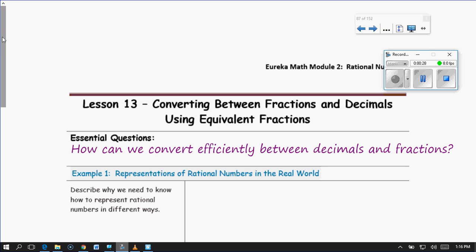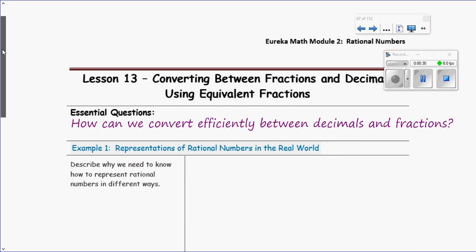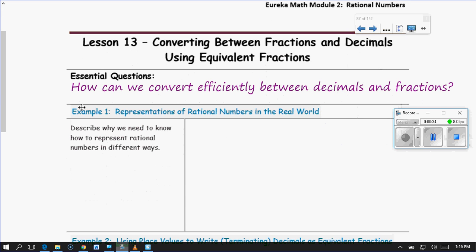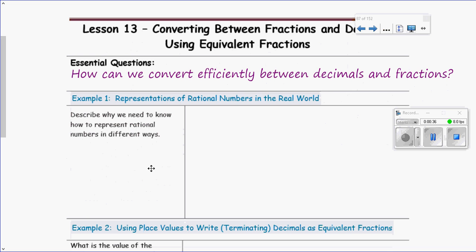So let's take this piece by piece and first start out talking about times in real life where we would use fractions and decimals. Some ways that I have talked about in class, and hopefully you're thinking of when I say decimals and fractions: we've talked about fractions and decimals with money. We can think about this with cooking, like if we're measuring things out. There's lots of different ways. We've talked about it with sports,